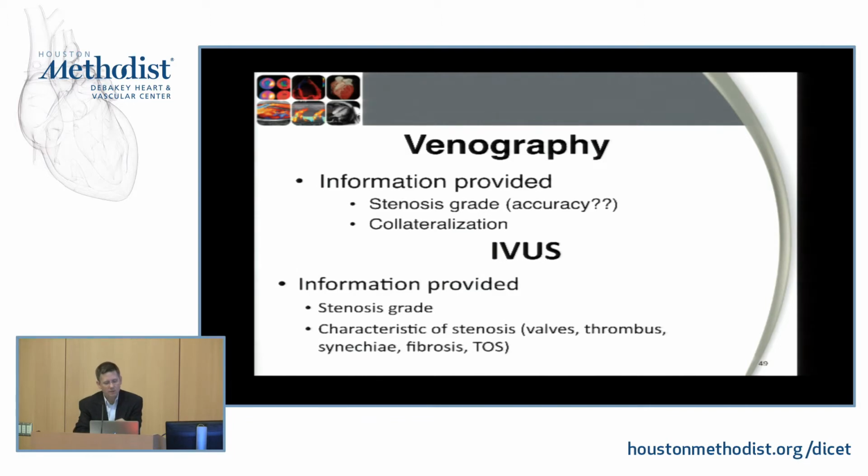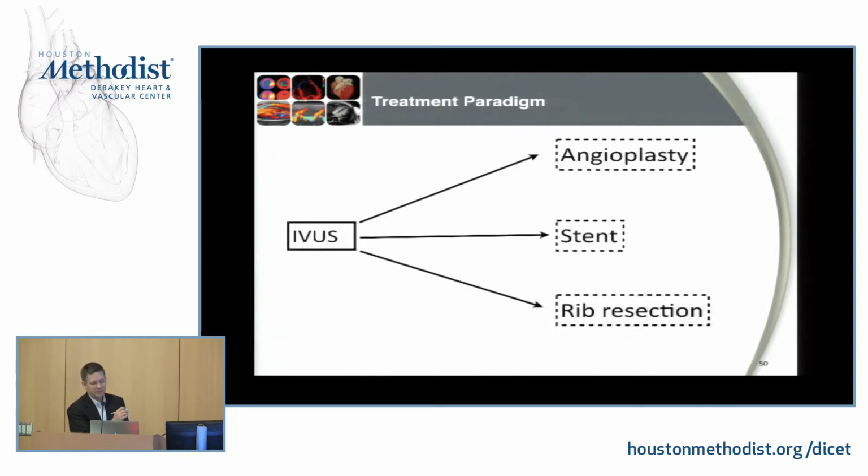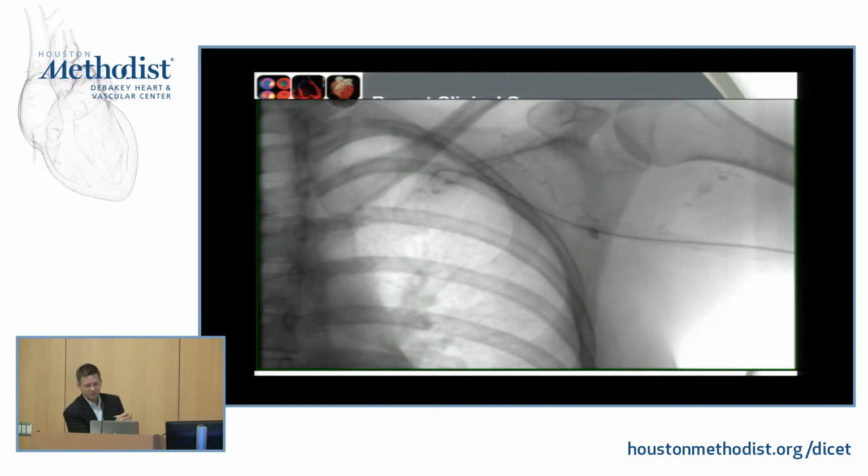I've got a case where something's been presented actually to the hospital just now. So IVUS we think is nice because we can also get stenosis grade as we can with venography, but we actually get to see better the inside of the vessel and what's going on outside, particularly in terms of, is there a rib there? Is there something else that's externally compressing this? Because when we're thinking about the treatments of angioplasty and stenting versus rib resection, that's obviously a pretty significant thing